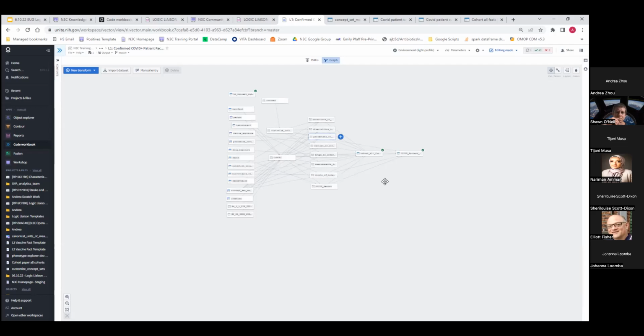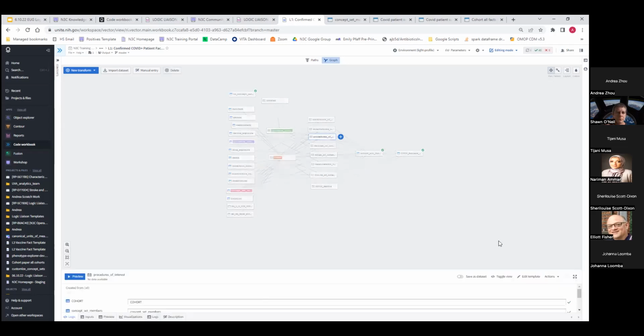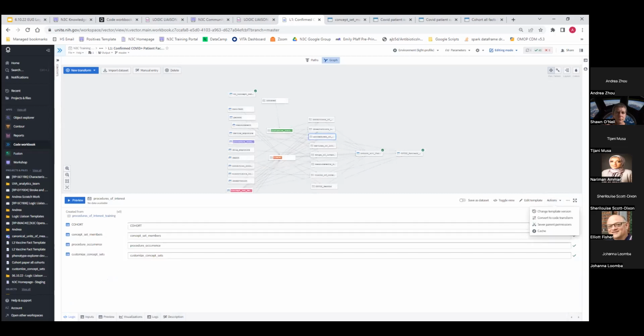If you do that, without changing to the code view and changing to your own transform, if you keep it in the template format, then you can easily update to new versions of the template as they come out. So as we continue to enhance this with community variables, like the vaccine variables coming in